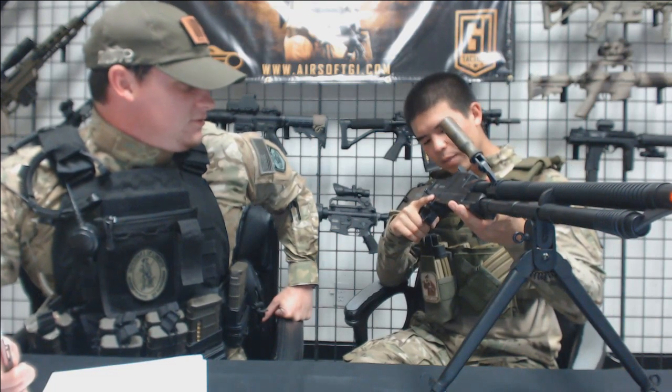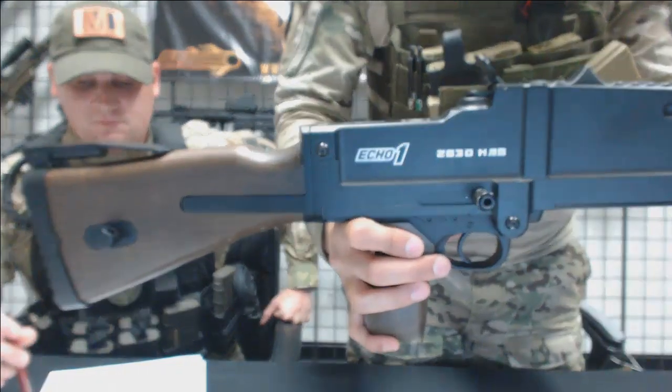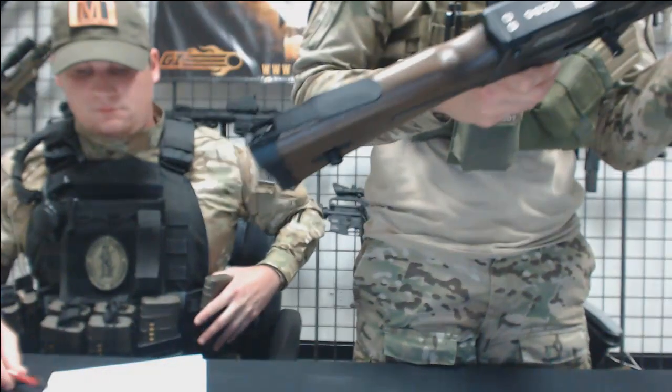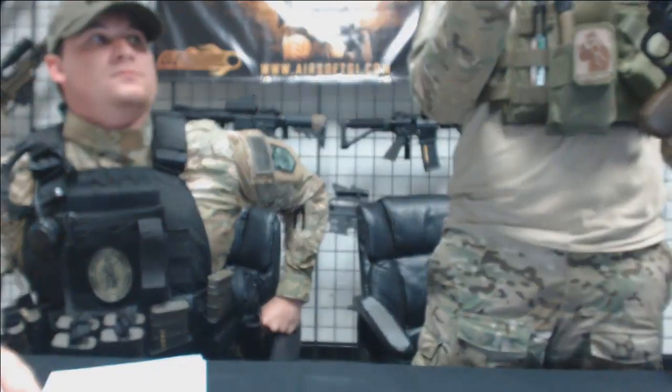The engravings and the markings on it are actually really cool. I'm gonna give you guys a closer look. That is actually really nice. It says Echo One right on the side, but I think it actually goes along the line. So I'm gonna show you guys this most ridiculous